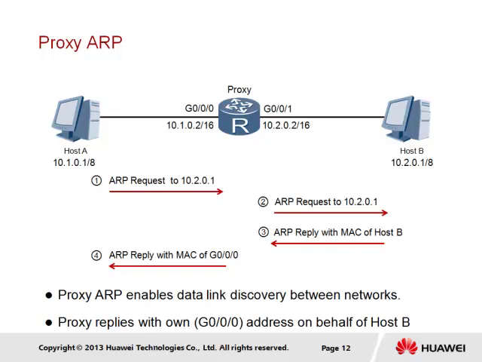If we follow the general principles of ARP, host A would determine that 10.2.0.1 is part of the same 10.0.0.0 network, and so discovery should be possible by generating an ARP request. The IP gateway, however, does not see this the same way, and would restrict the ARP request since broadcasts are not forwarded by gateways. Another point to consider is that the gateway is unable to associate two interfaces with the same network segment. We find that from the perspective of the gateway, interface gigabit Ethernet 0/0/0 is part of the 10.1.0.0/16 network, and interface gigabit Ethernet 0/0/1 is part of the